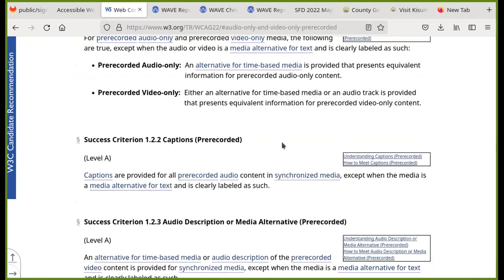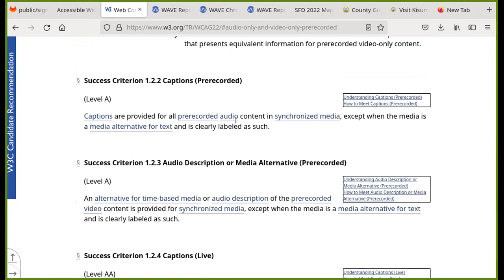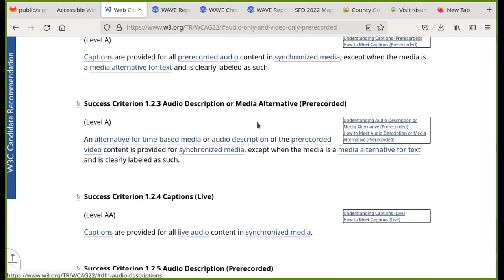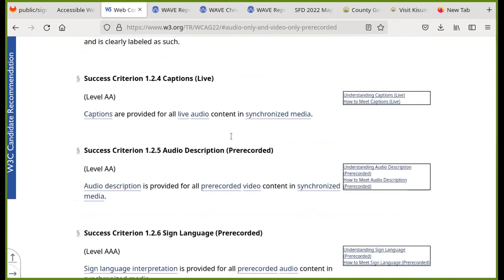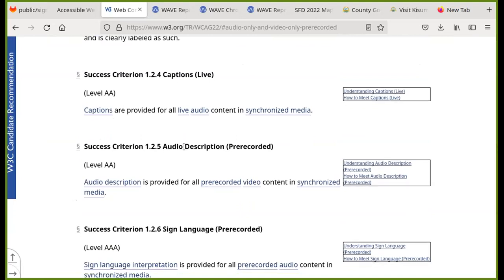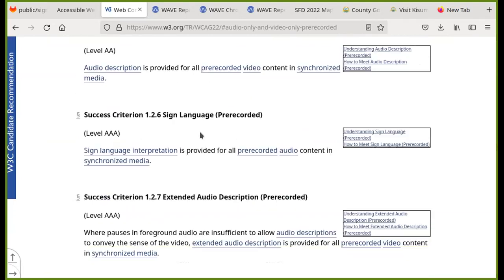So typical things you might want: captions, except when there's already text for that. Again, for audio, you might also want text, so media alternative text. Audio description, so these are things that you want for the video. If there's going to be sign language,